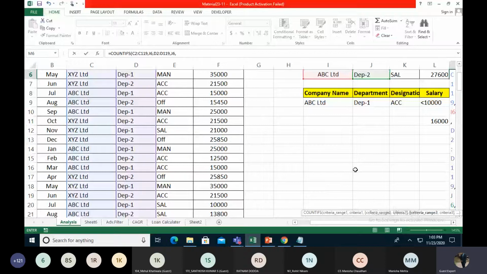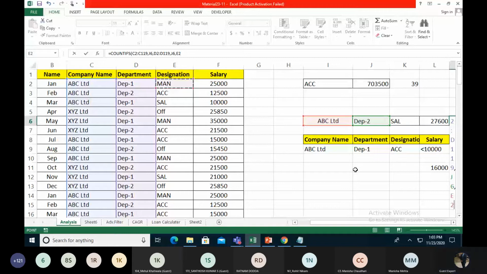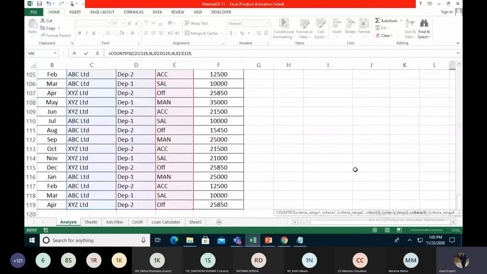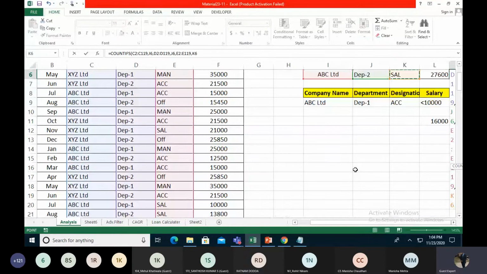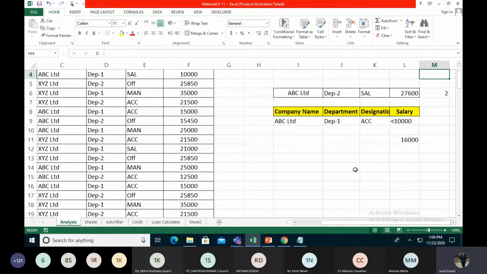Then we select all the designation section, comma, and we take the designation. So right now in ABC Limited in Department 2, there are only 2 sales executives.